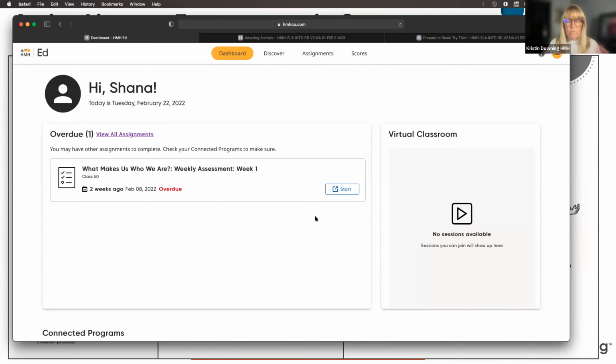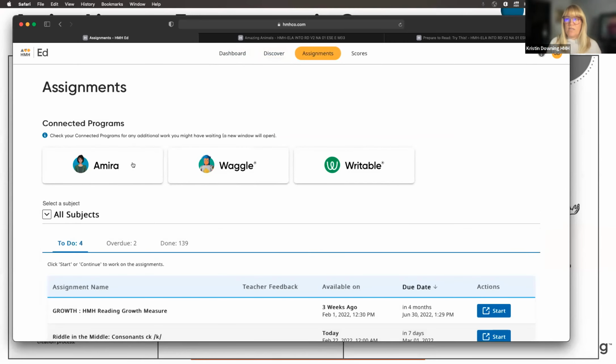So if we're referring to digitally adaptive, it would be that growth measure assessment. We do have some other connected solutions. If I go in here to all assignments, there are some connected solutions, and some of these are adaptive digital programs.